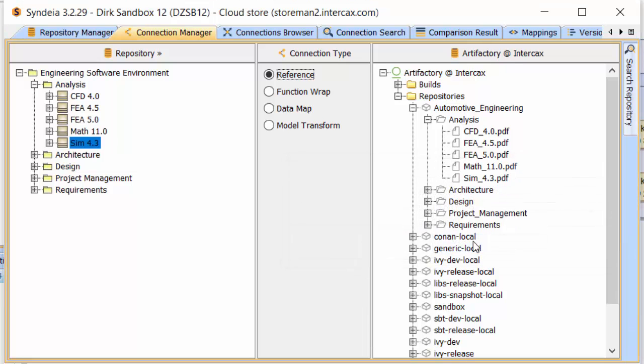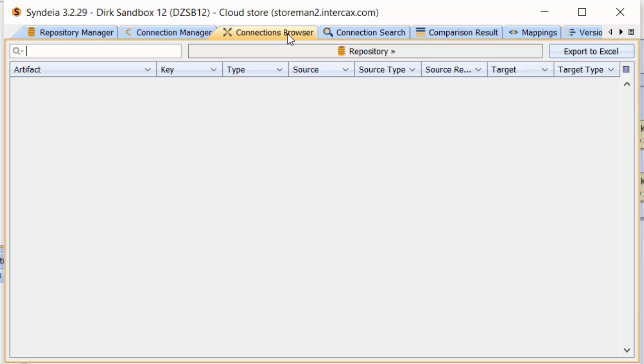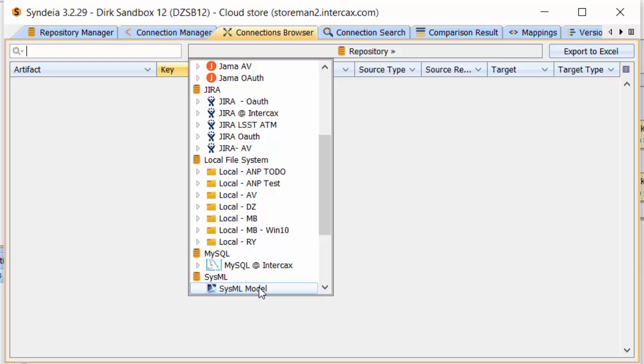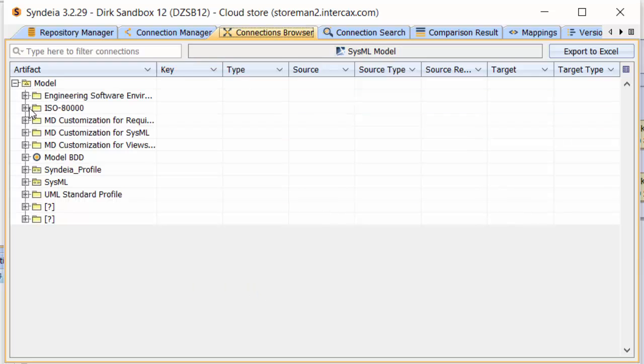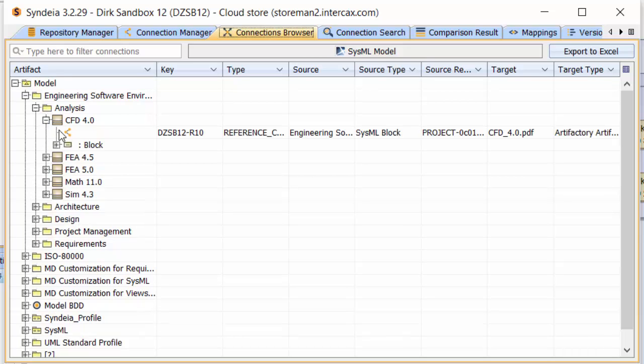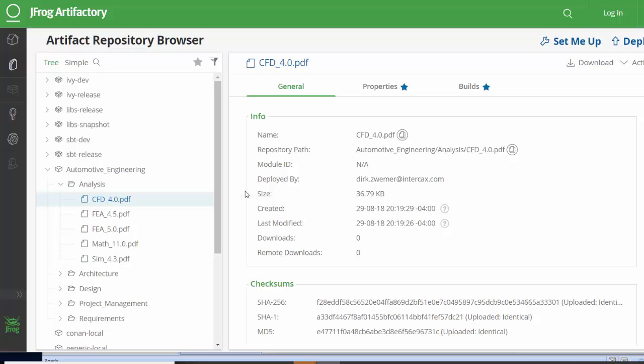We could also use reference connections to connect packages, repositories, or folders if we desired. Once the connections have been created, we can see them in the Connection Search or Connection Browser tab. We can right-click any of these connections and choose Open Target to directly open the Artifactory web page, where we